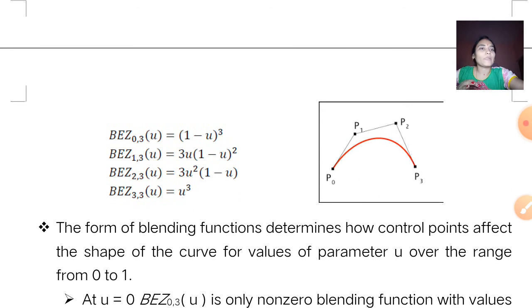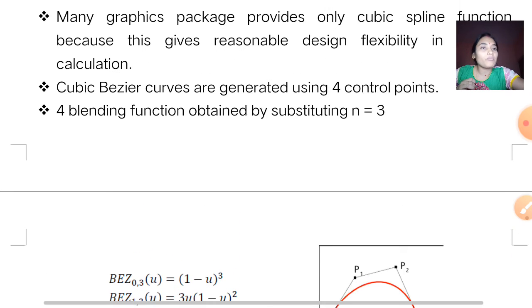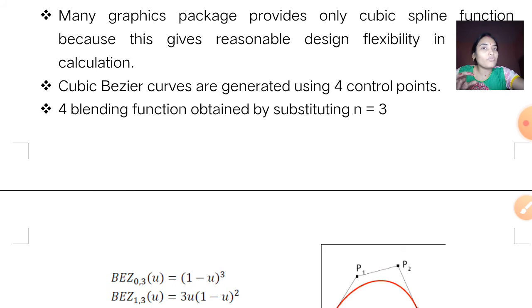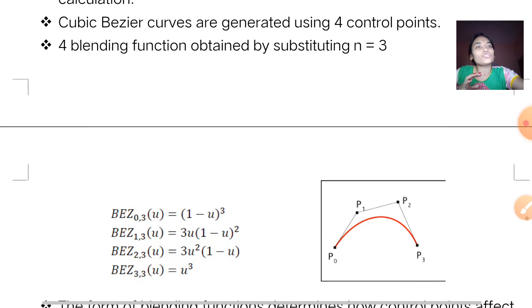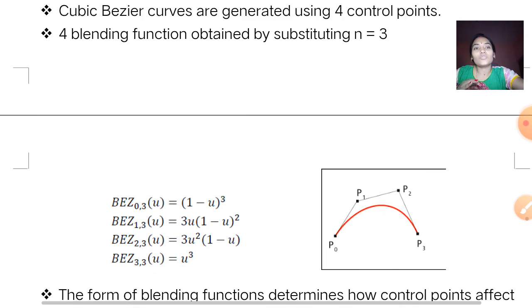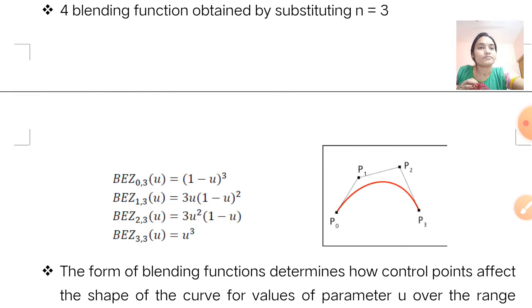So here it shows a figure. Here 4 control points are there, but in these 4 control points the Bezier curve's first control point is your P0, and the last control point is your P3. The first and last control points are connected. Okay, and the Bezier curves we calculate, first is your base 0, 3. That means the number of control points is 4, but we substitute n equals to 3. So in this way, first we find out.